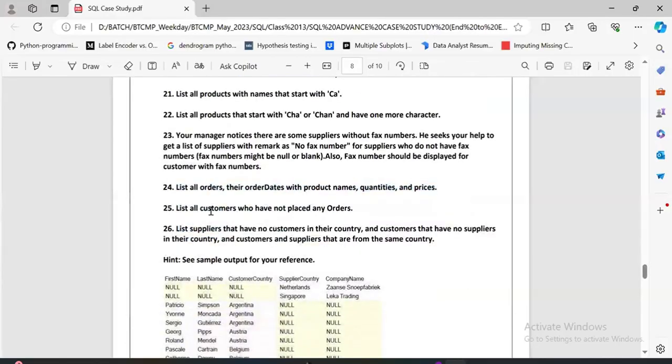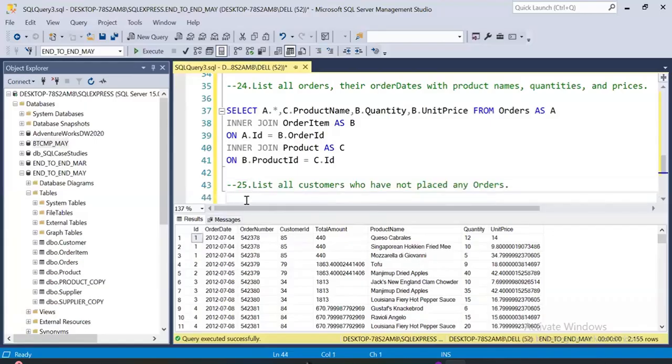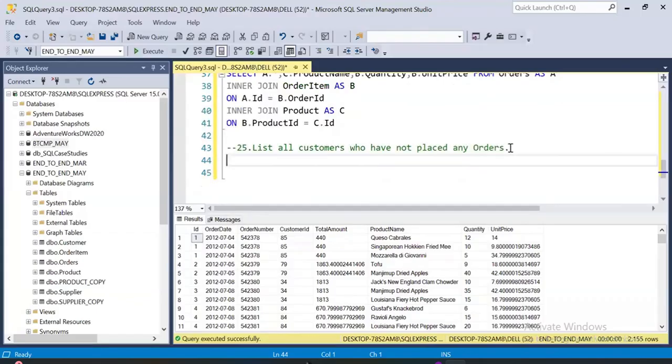25th. List all customers who have not placed any orders. So which table? Only the orders table. The customer will... So I will say, let's say, select star from